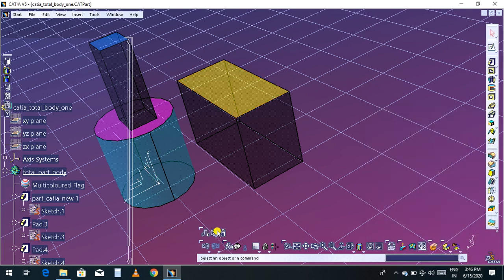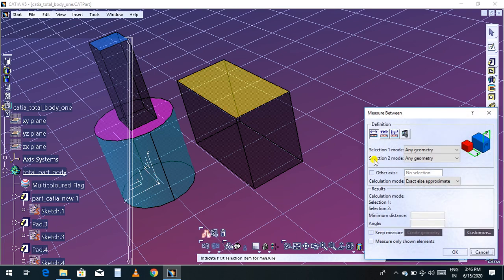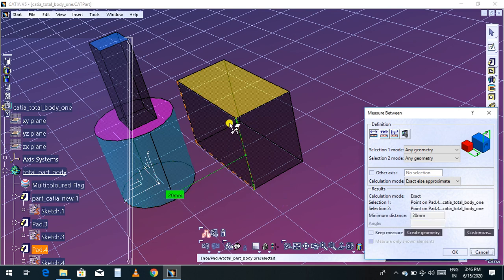Now just cancel it and activate again. Now you can choose this point or this point. Now you can see 20 from here to here. So this is one of the ways.